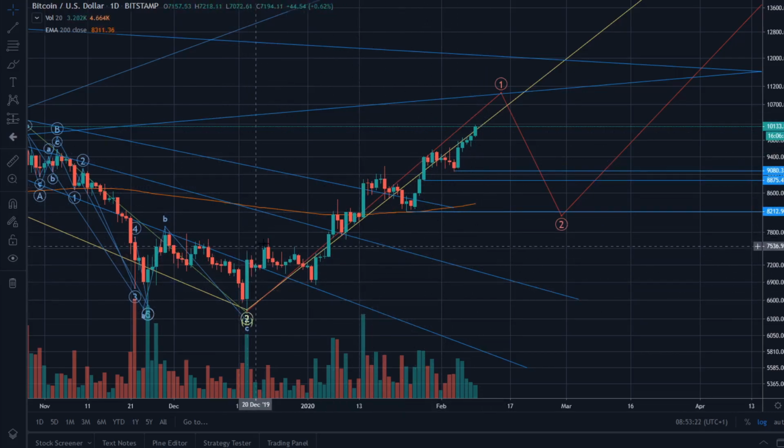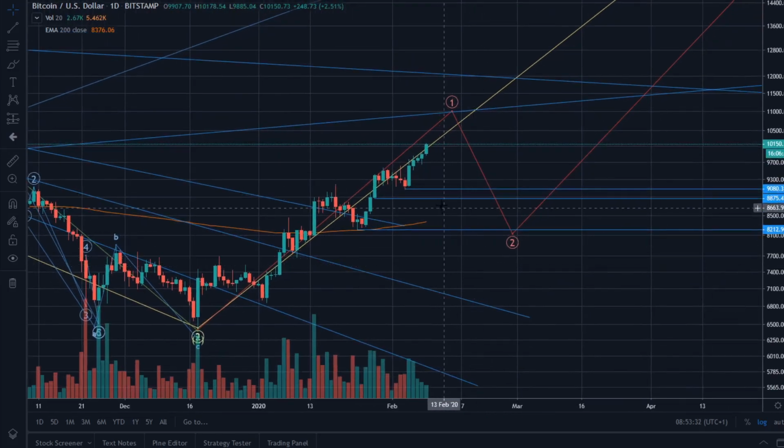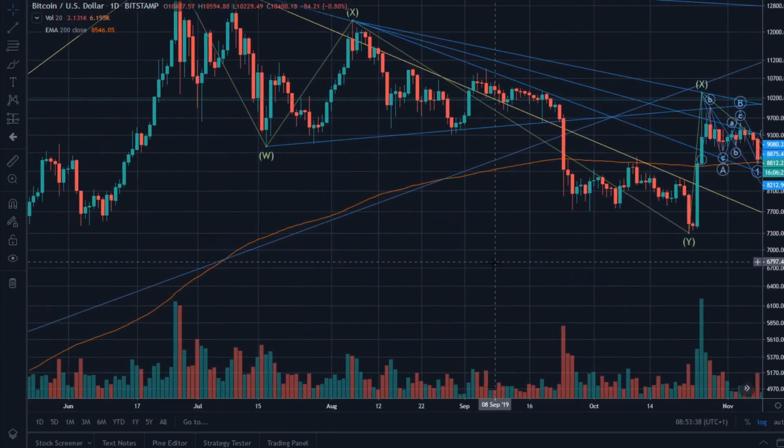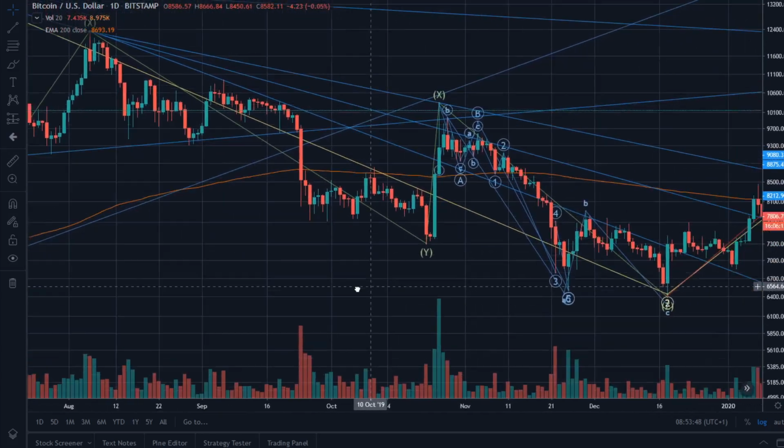I mean, there are no significant correctional periods. All dips get bought almost immediately. So Bitcoin is climbing really nice. In my opinion, the next major target for Bitcoin is either this trend line, which is basically the trend line from all the way back here, where Bitcoin bounced off, and basically when Bitcoin broke this, it started its next